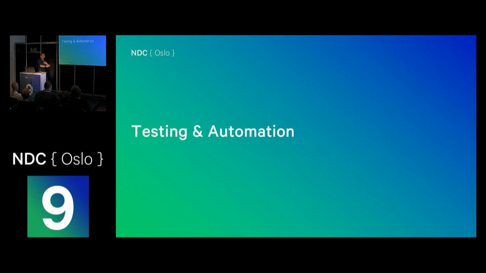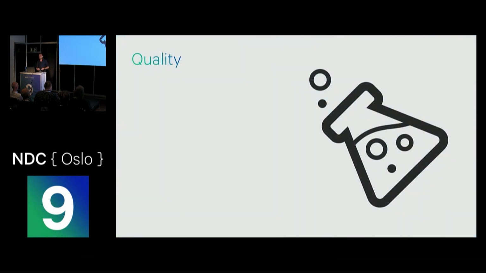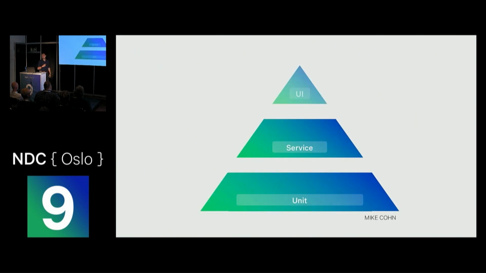So the next step would be testing and automating it. When people think about testing, they often think about quality, because they have a certain standard that they want to meet, that the application actually does and works as it's supposed to. And when thinking about testing, usually people think about the testing triangle from Mike Cohn, and there are different levels of testing available. At the bottom, we see unit testing. And unit testing is the lowest form of testing, usually the kind of test that developers write. I hope everybody in this room writes unit tests.